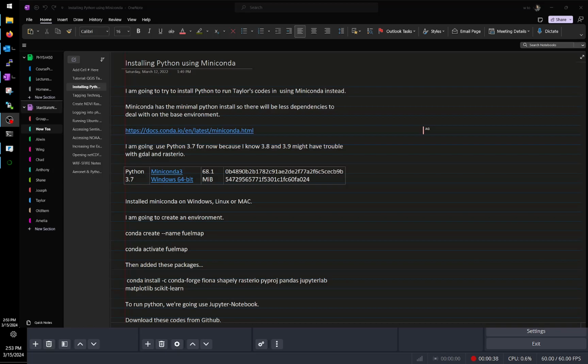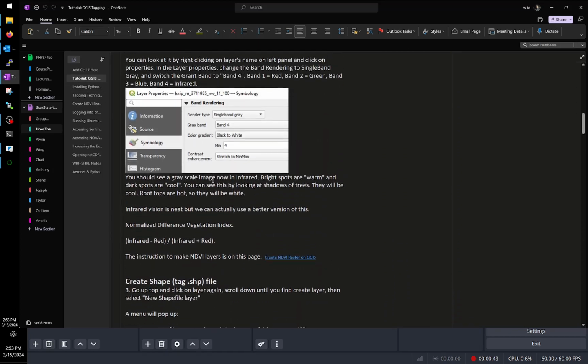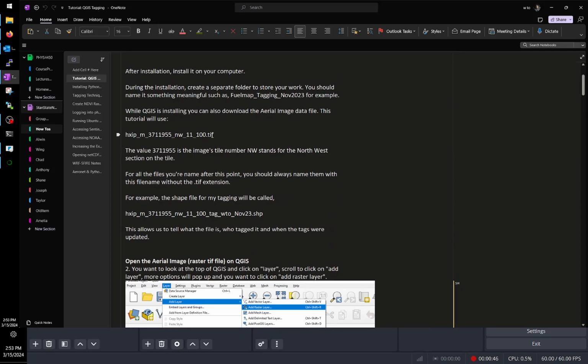So for example, the original file might be this HXIP 3711955 Northwest, and you should have this file and the tag file, which is usually going to be underscore your initials and maybe the month also. That way you have both of those TIFF files, one for training, the other one for the classification. In order to do the classification, we need to run